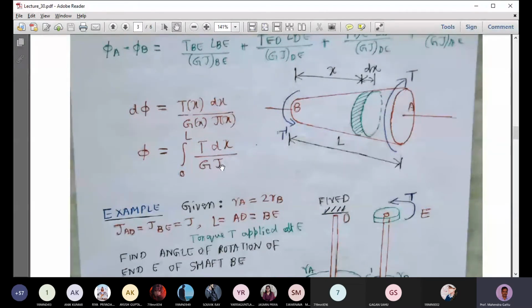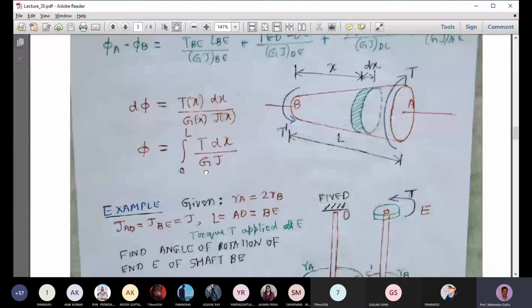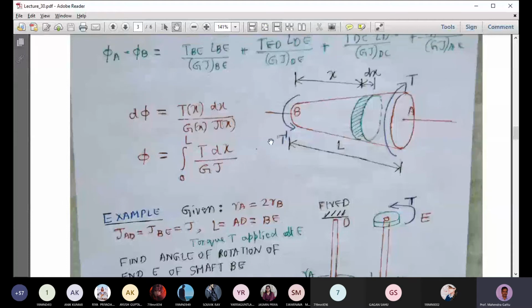So J is a function of x here, and T is constant. It is T is equal to T prime. So here there is no intermediate load. We have T a constant value. If you have the same material, we'll have G. But if you have functionally graded material, probably then G will be a function of x. Okay, so this is the application of this